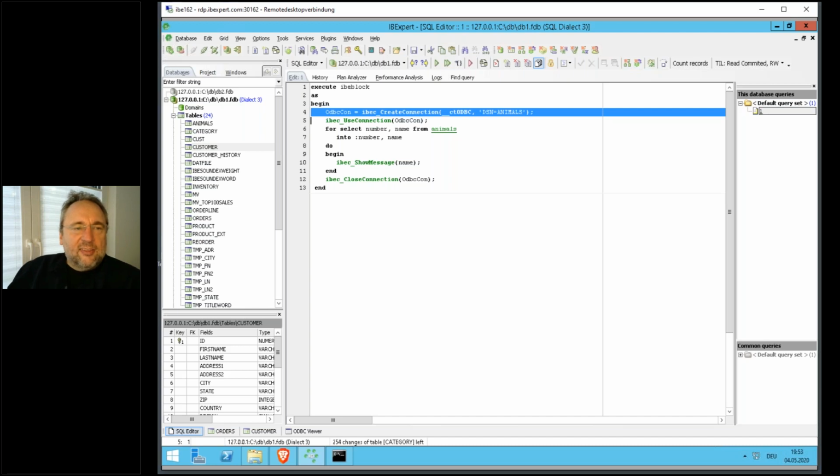And on the other hand, he connected through an ODBC connection to his MySQL server, on his web server, and he synchronized the data using IBEBlock, which is dedicated more or less to be used with Firebird, without any Firebird server at all. So he simply made a synchronization script